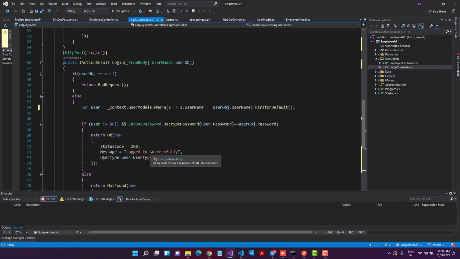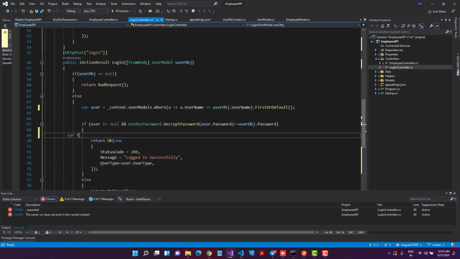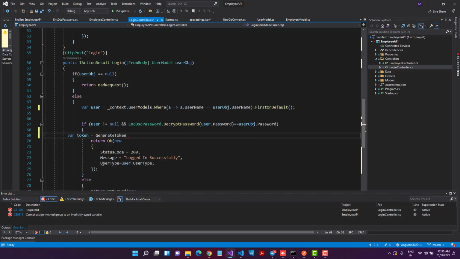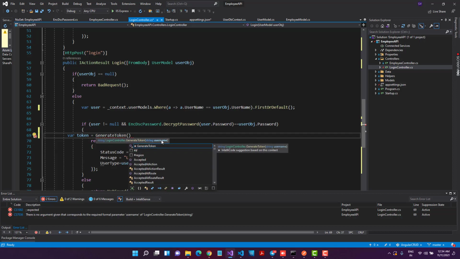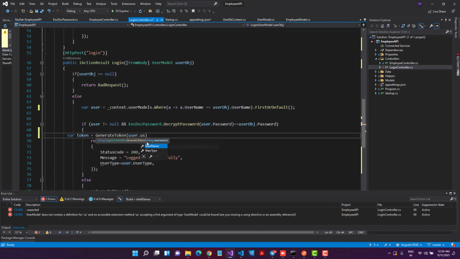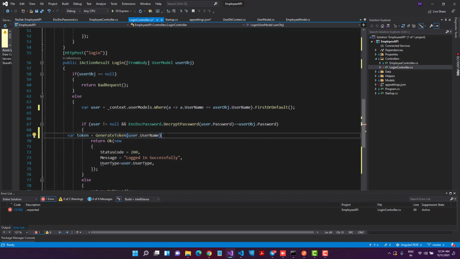To get the token, we have to say on the top first, token is equal to, we have to call that method GenerateToken, and that GenerateToken asks for a username, so we will pass the username. We can just say user.username, and we get our token for whoever is trying to sign in inside our application.